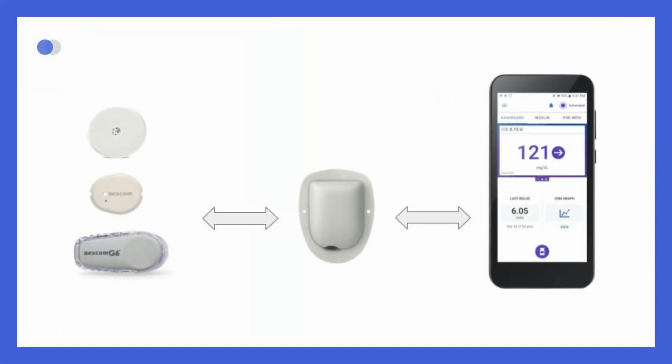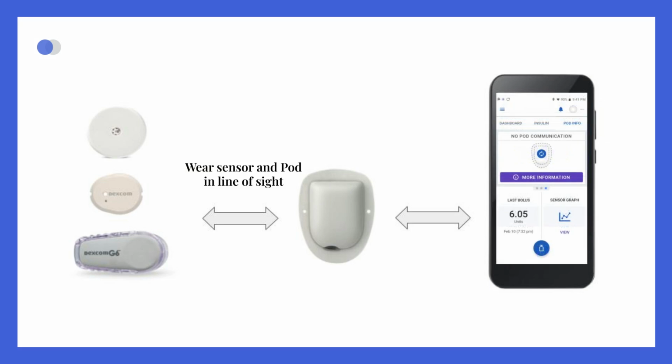A lack of sensor data can occur due to sensor warm-up or communication issues between the sensor and the pod, or between the pod and the Omnipod 5 app. To prevent communication problems, it is recommended to wear the sensor and the pod within line of sight. If communication problems persist, the app will display a no pod communication message, and you should follow the on-screen instructions